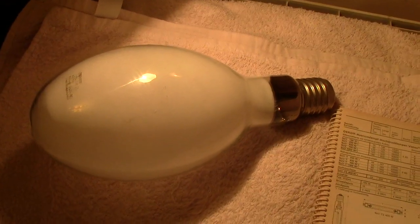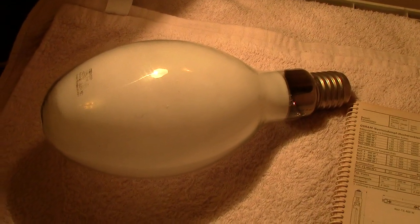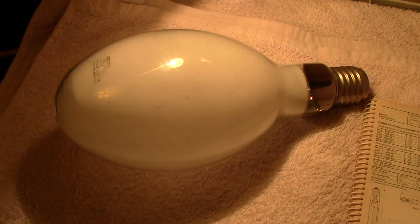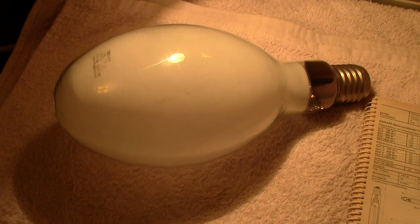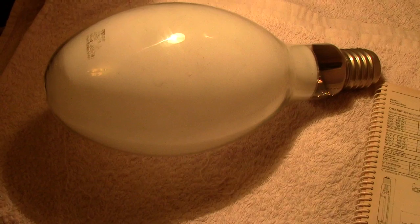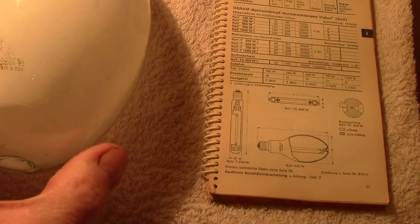Hi, carrying on the theme of discharge lamps, we have a sodium vapour, once again located in the loft. I can show you that. When I first saw it, it was covered in dust. I've cleaned off the dust and we got a fairly nice etch that I can show you. There's the etch. It's a Vialox 400 watts